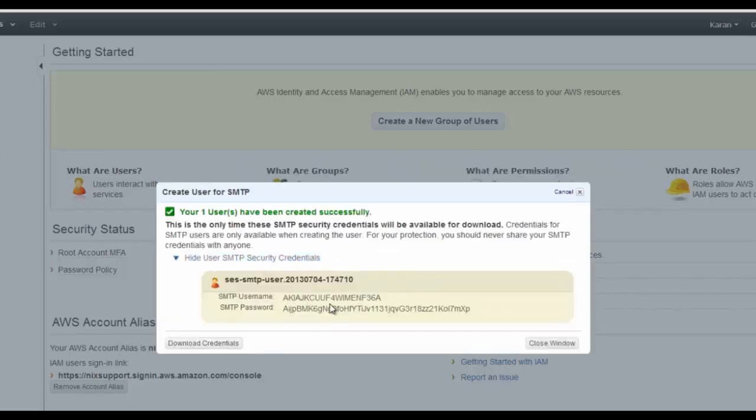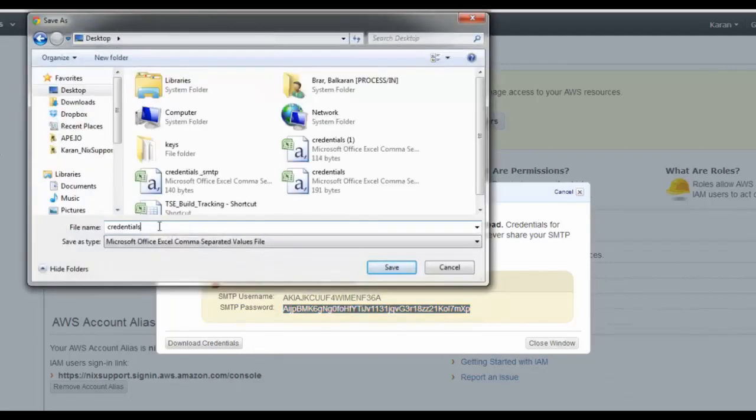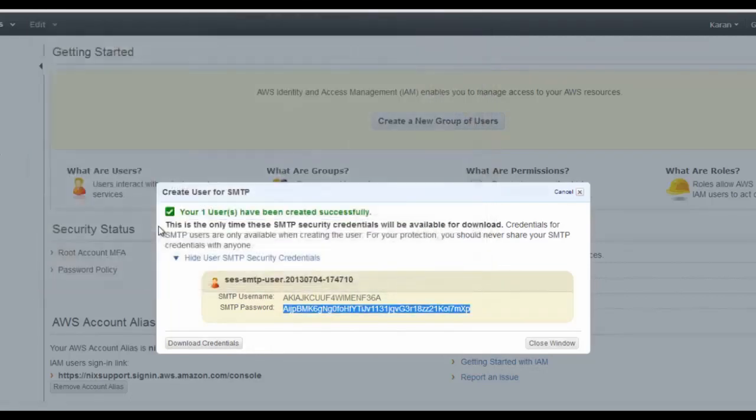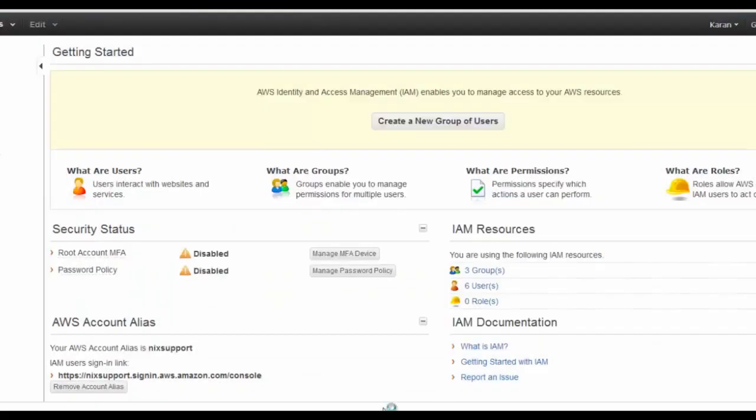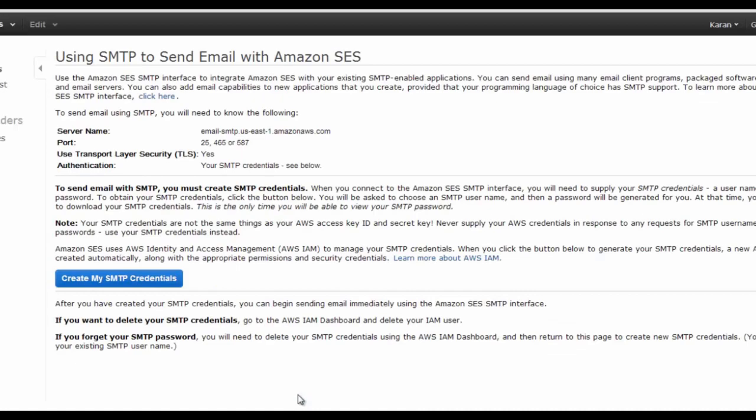you can see the username and password. This is the username and password that we are going to use as the SMTP username and SMTP password respectively. You can download these credentials. Let's download it on your system and close this window. So once your SMTP user has been created, it's time to